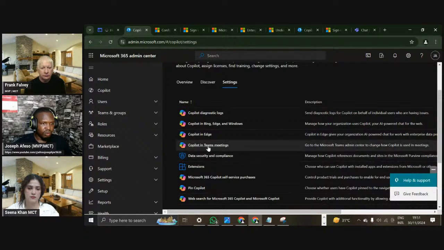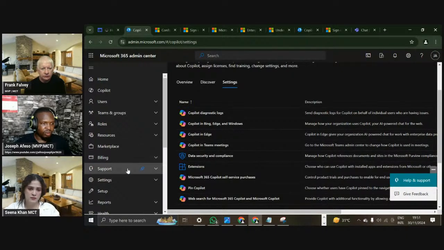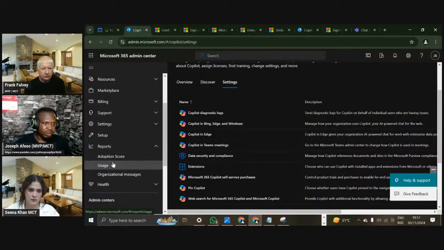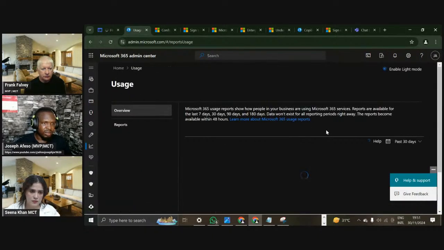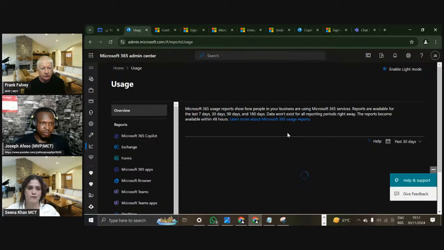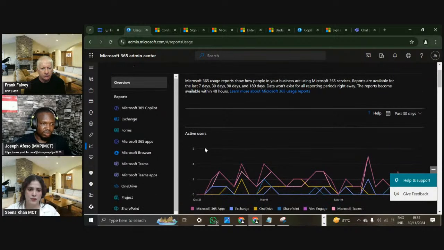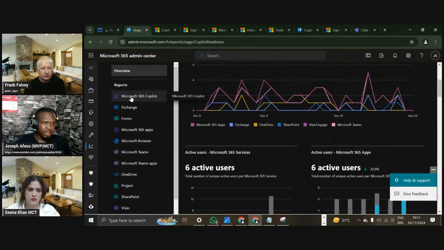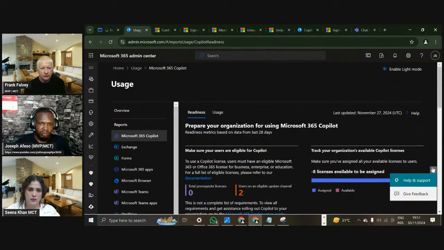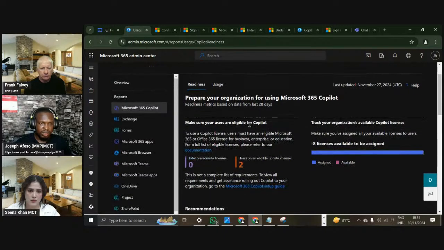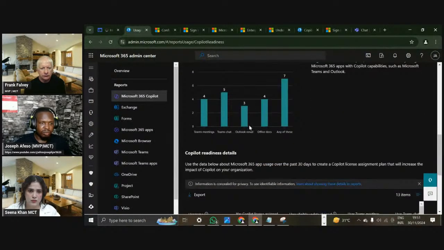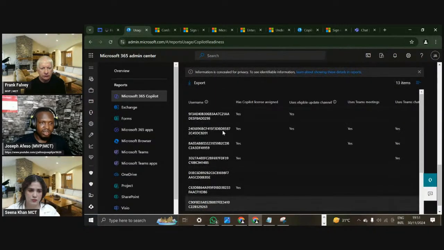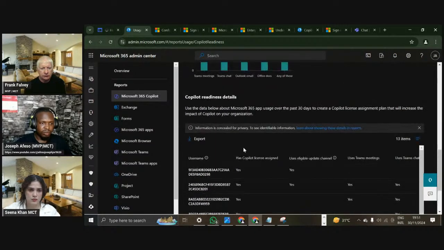So if you come to reports also, you would see Copilot there. But one thing I see about the usage report is there are things that you should be aware of as an administrator. So down below, I think I will see Copilot. Yeah, this is it. So this is more granular, right? When it comes to reporting, it gives a breakdown. We can see Teams is showing, and then one thing that is very important is that, for example, you are seeing that